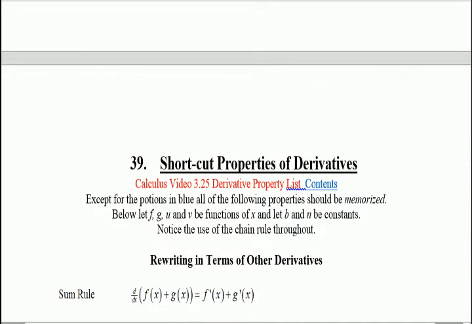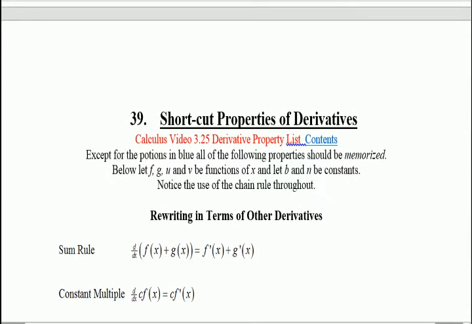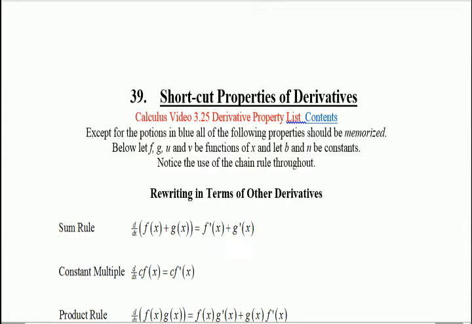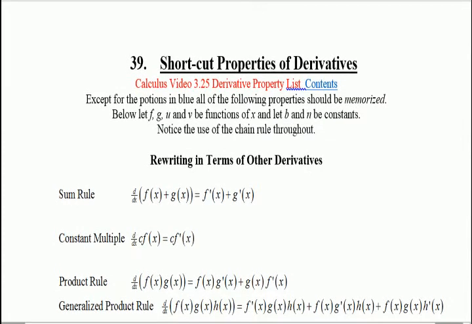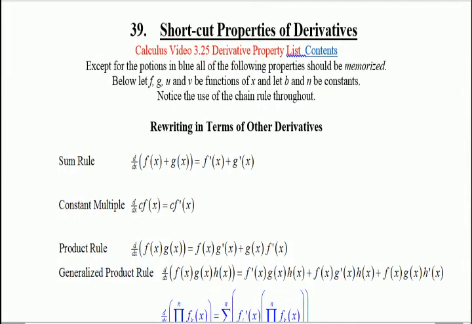What we have here is a list of properties, and these properties do not actually compute a derivative all the way. What they do is rewrite a derivative in terms of one or more other derivatives. This allows us to hopefully break a more complicated problem down into something a little bit simpler. Okay, so the first one is